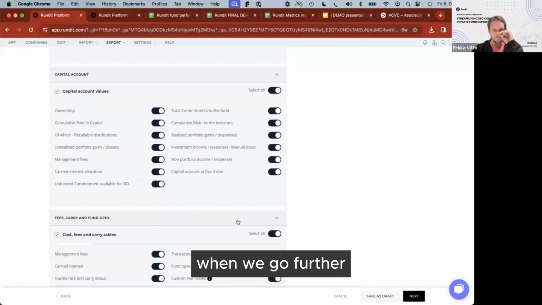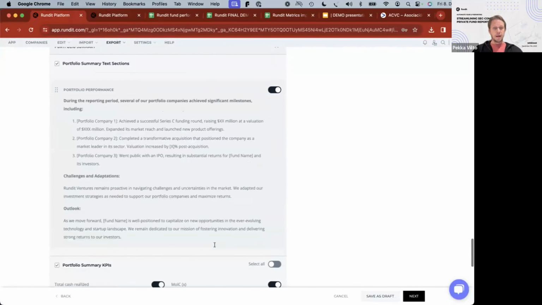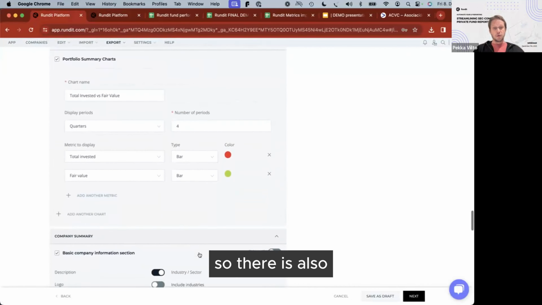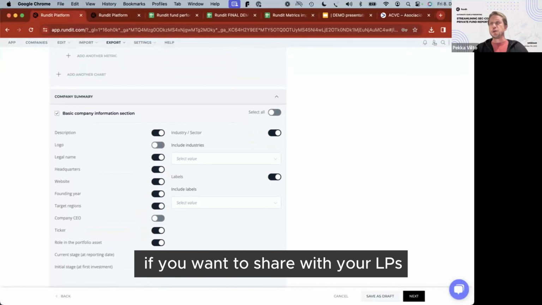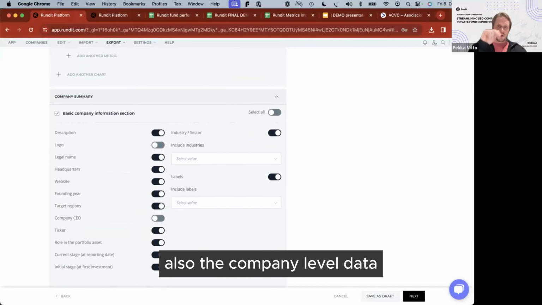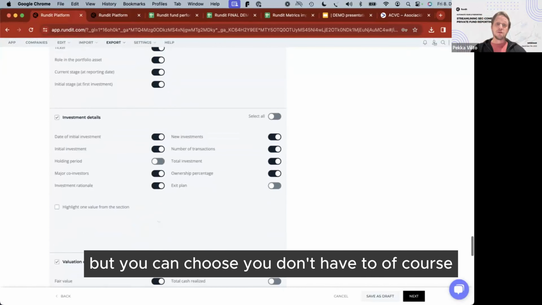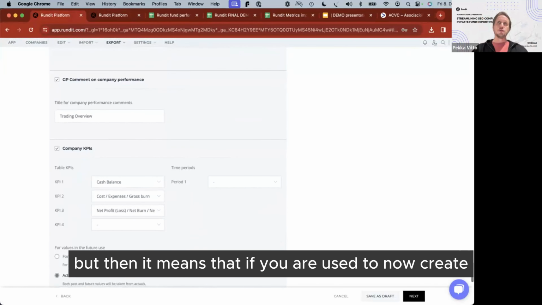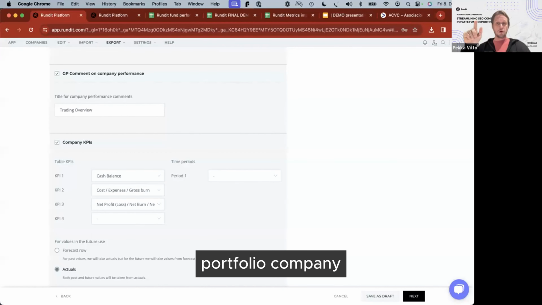When we go further, we can go even to the company level. So if you want to share the company level data with your LPs also, you can go that far in here as well. But you can choose, you don't have to, of course. But it means that if you are used to creating tear sheets, one pagers from each portfolio company, very easily you can do it also here.